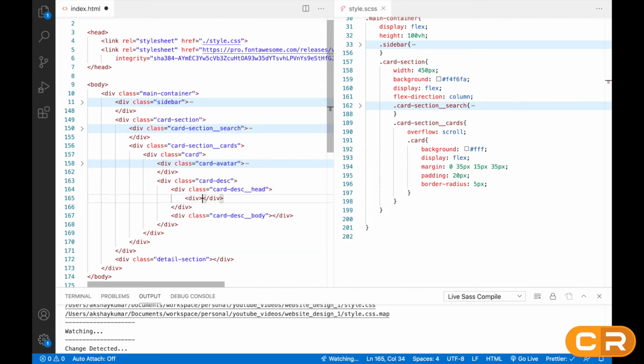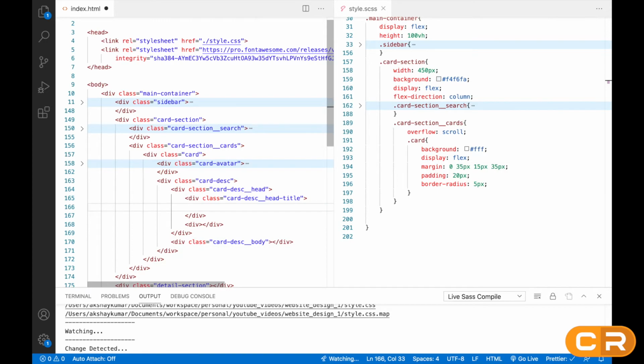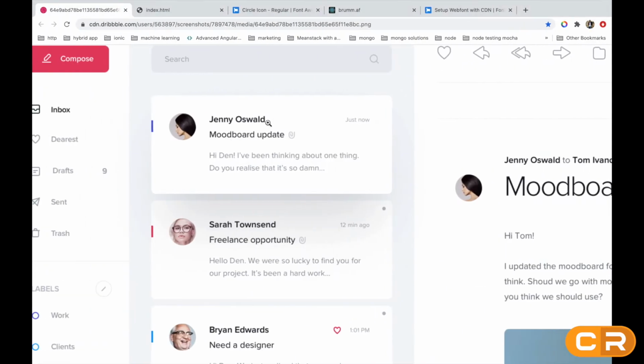So here we'll again create two divs, and the first will be card description. This is a very long class name. Okay, so head title, we'll give some title here like Jenny Oswald.